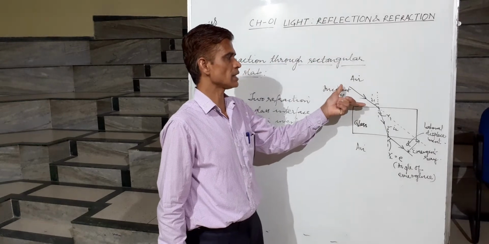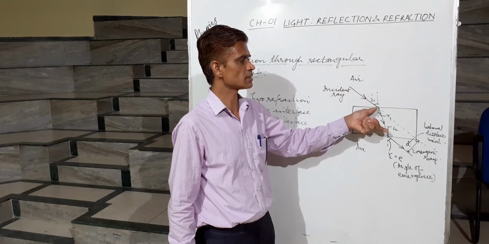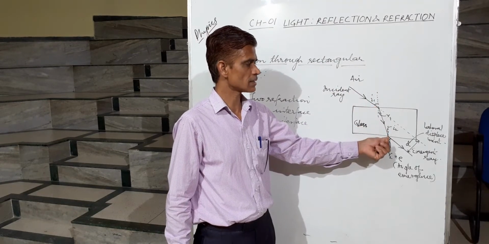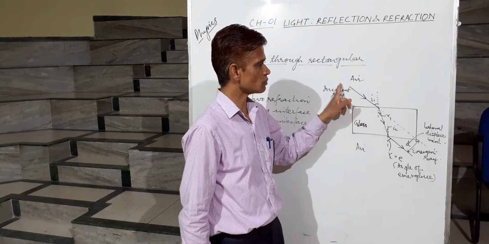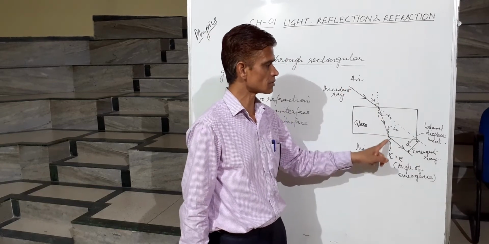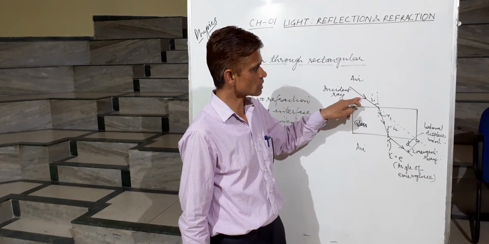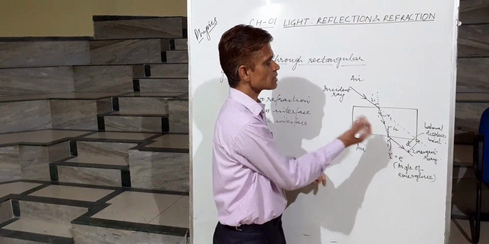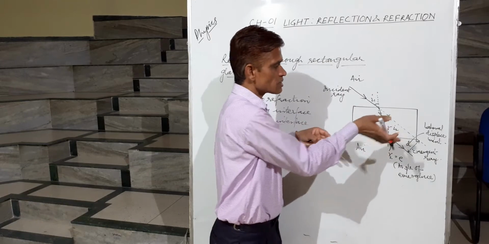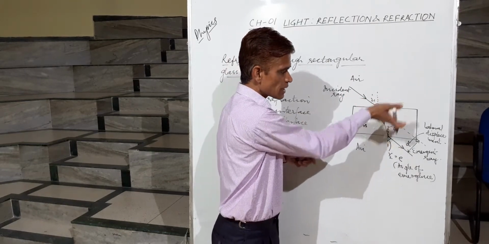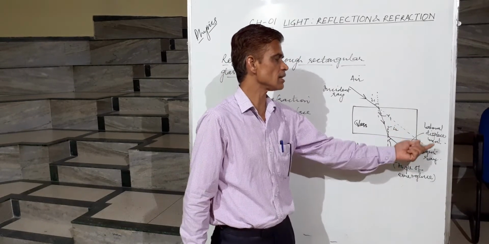So what do you find? You find that when a ray of light turns from air and enters the glass, it suffers one refraction. When it strikes another interface, it suffers another refraction. Now you find that this ray, whose original path was this, after passing through the glass slab, is shifted by this direction. This is the original ray which is coming out in this way. So it is laterally shifted. Lateral means side, and displacement means shifting. So this ray is shifted to its side. That is why this perpendicular distance is called lateral shift.